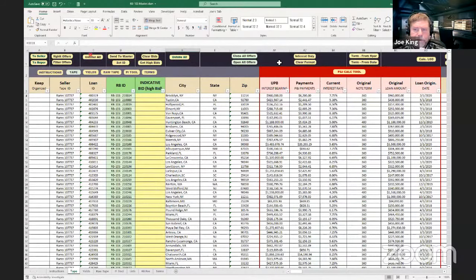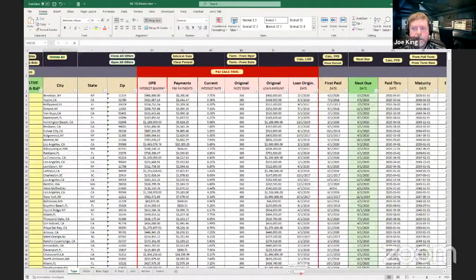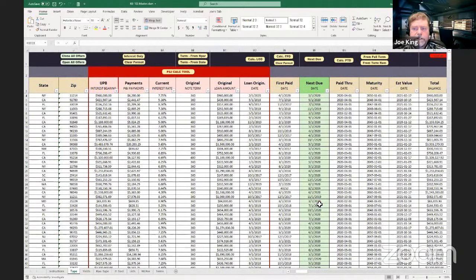These are all little macros or calculations that allow us to quickly calculate a column for a specific need. For example, if the seller didn't give us the next due date, we can easily calculate it just by clicking a button. The formula is right here. If we need to double check it or triple check it, we can do that to make sure that we're